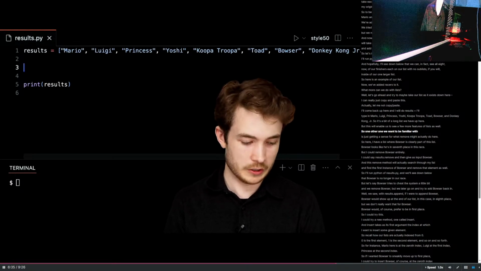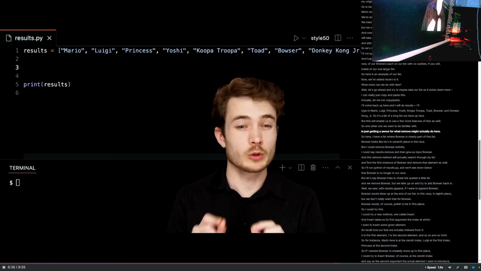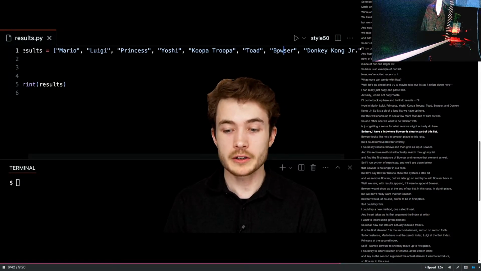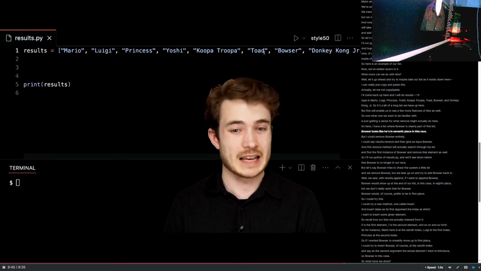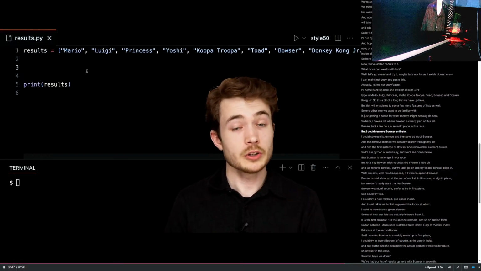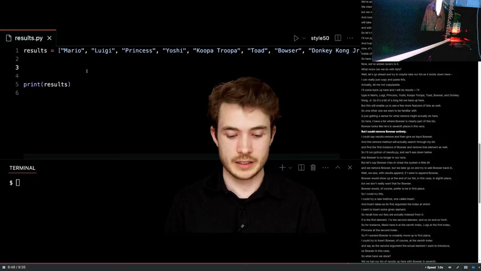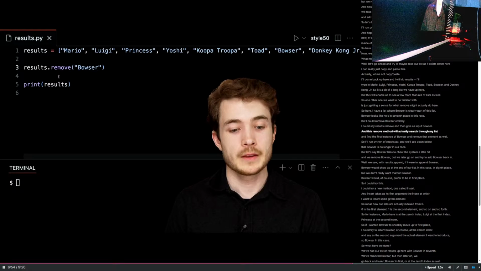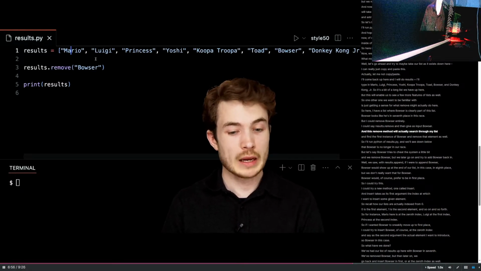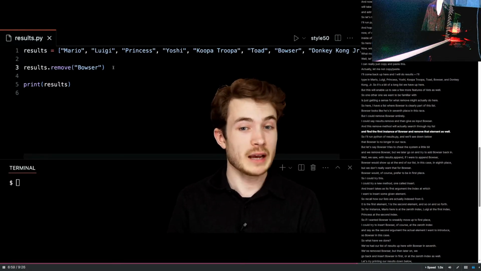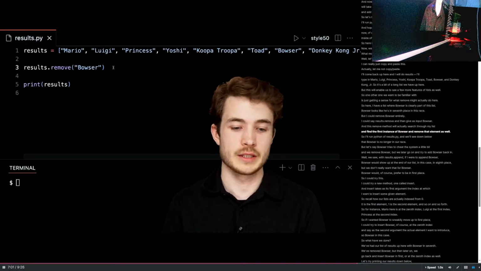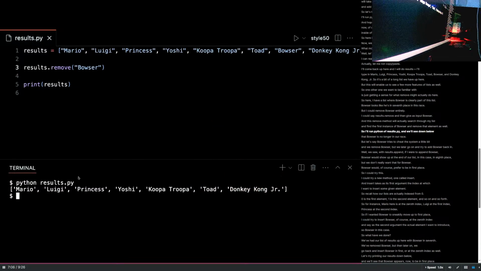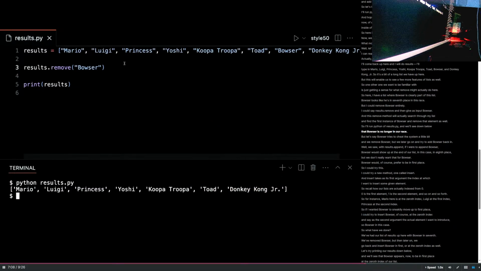So one other one we want to be familiar with is just getting a sense for what remove might actually do here. So here I have a list where Bowser is clearly part of this list. Bowser, it looks like, is in 7th place in this race, but I could remove Bowser entirely. I could say results.remove and then give as input Bowser. And this remove method will actually search through my list and find the first instance of Bowser and remove that element as well. So I'll run python of results.py, and we'll see down below that Bowser is no longer in